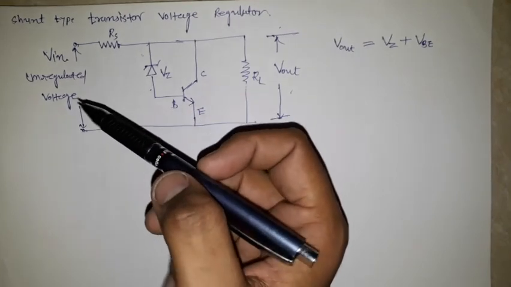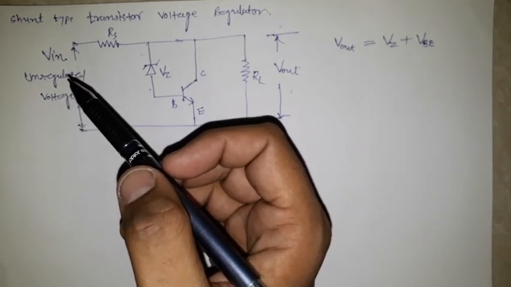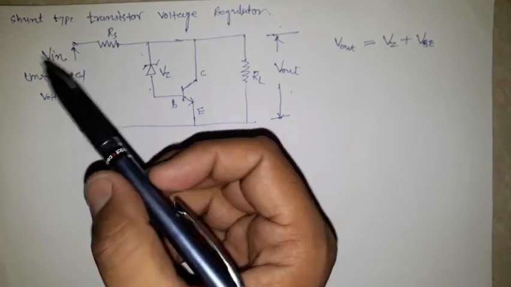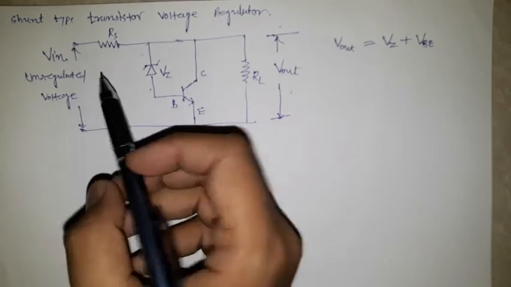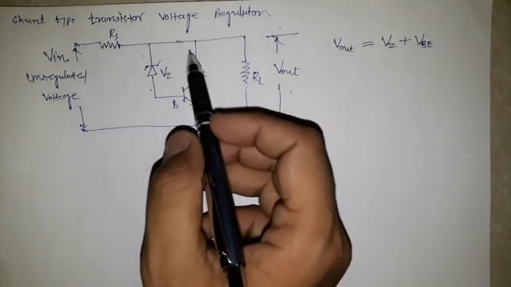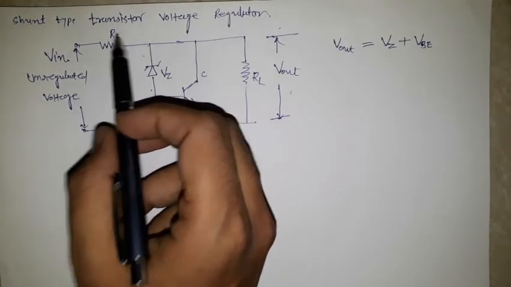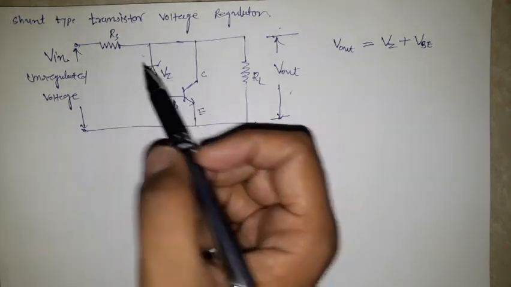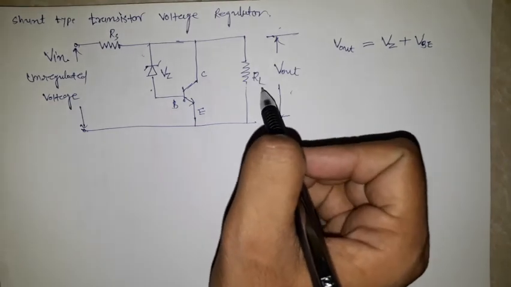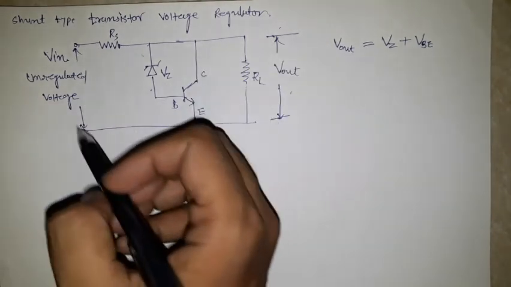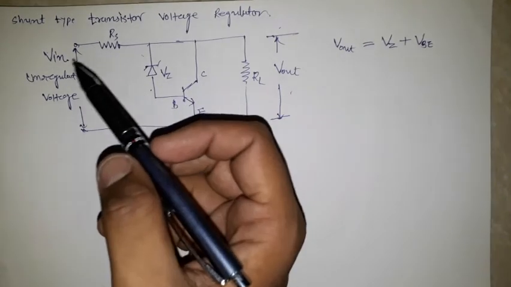The larger voltage drop across RS will offset most of the attempted increase in output voltage. See what will happen whenever the transistor is turned on, then some voltage is dropped across this resistor RS. Okay, so due to this the output voltage stays nearly constant. Okay, and the extra increased voltage is dropped across this RS resistor.